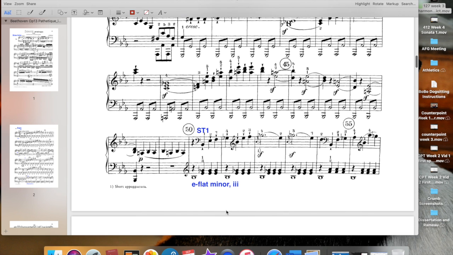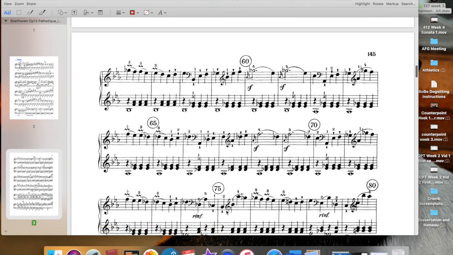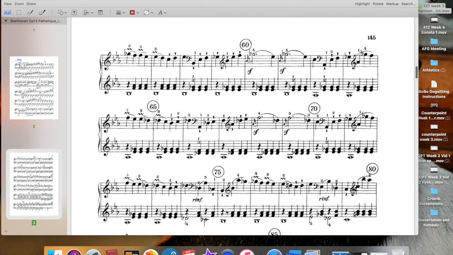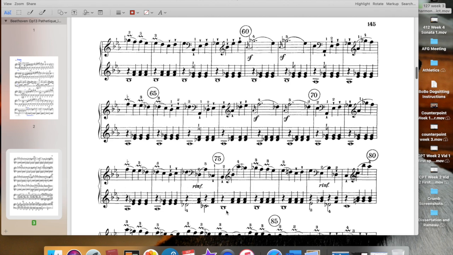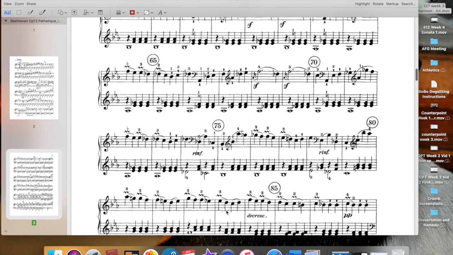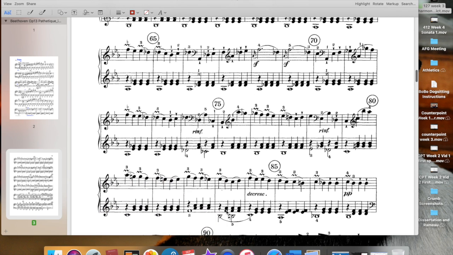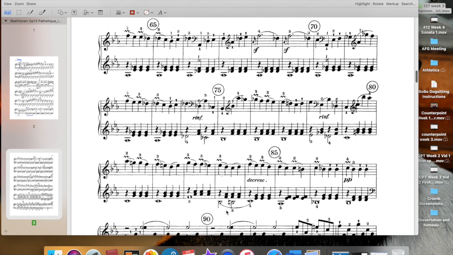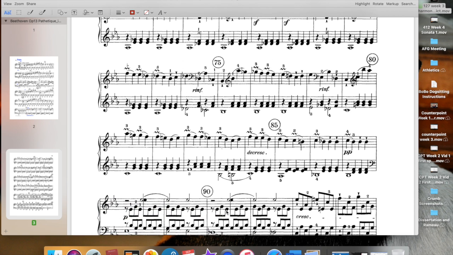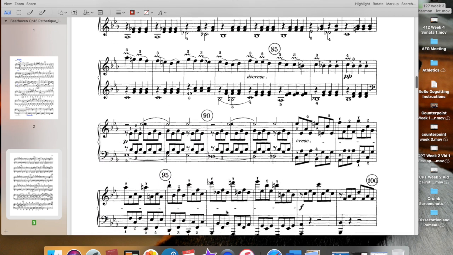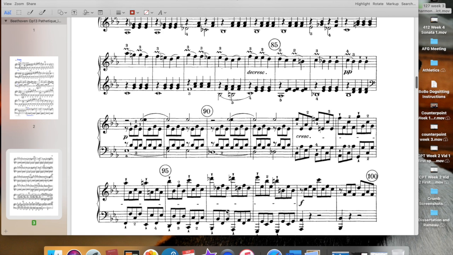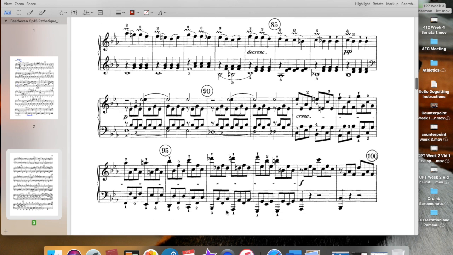Okay, so we continue with that. We have a repetition of it, or kind of a variation on it. And it's not to say that there isn't any cadence necessarily in all of that time, but we do get a nice clear cadence here. Again, remember,